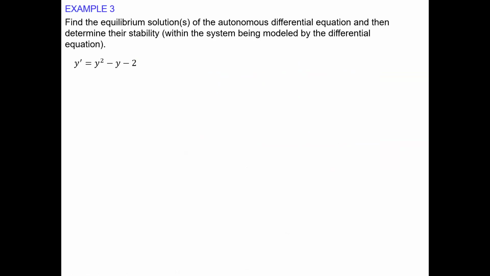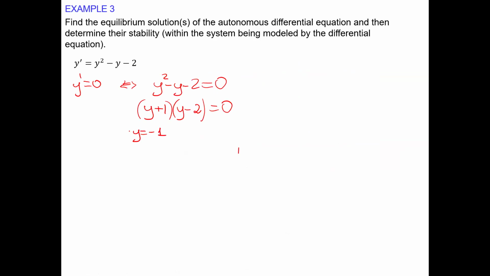Another one. Let's speed up. An equilibrium solution is when the derivative is 0. The derivative is 0 if this quadratic expression is 0. We may try to factor it: 1 and 2, negative, negative, positive. Okay, that means y equals -1 is one of the equilibrium solutions, and y equals 2. Okay, let's put the phase line,